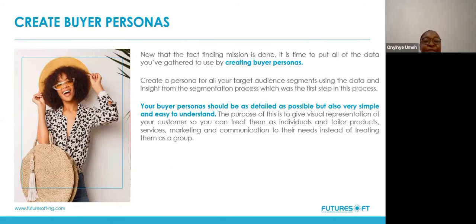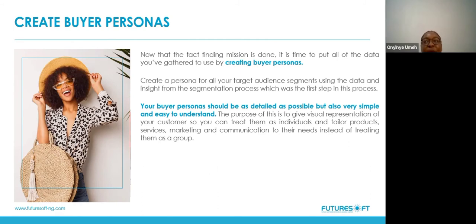The next step, after you've gathered all of this data from analytics, from speaking to your customers, from segmenting your audience and picking the ones that are valuable, is to create a buyer persona with that information. A buyer persona is similar to a segment, but they are not the same thing. With segmenting your audience, you put them in a group. With creating buyer personas, you want to individualize your audience as much as possible.